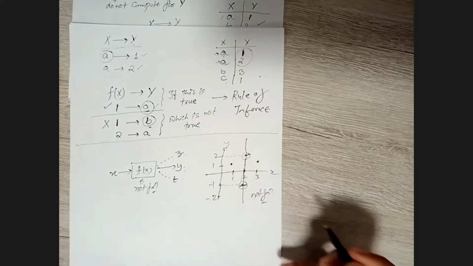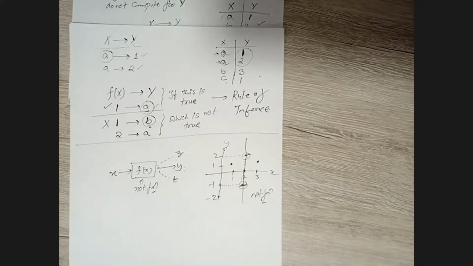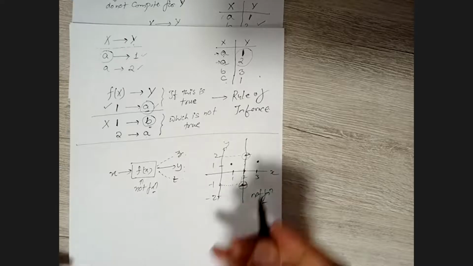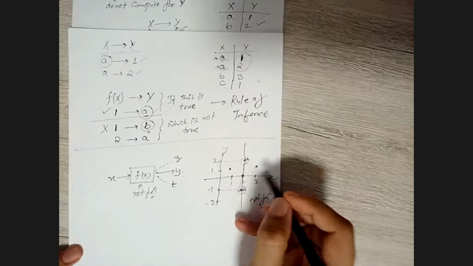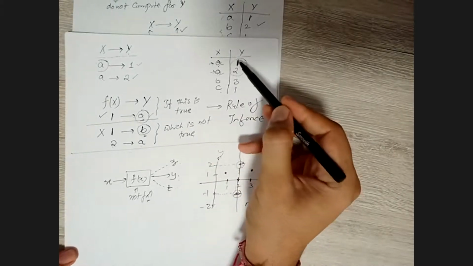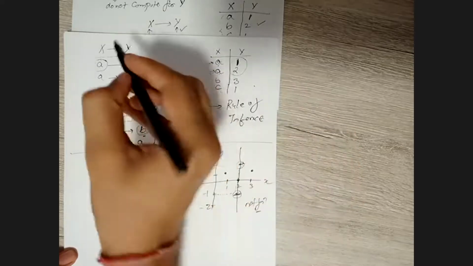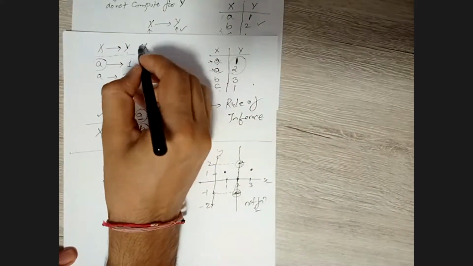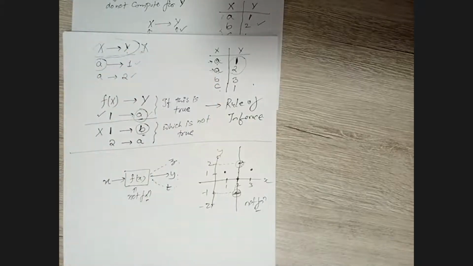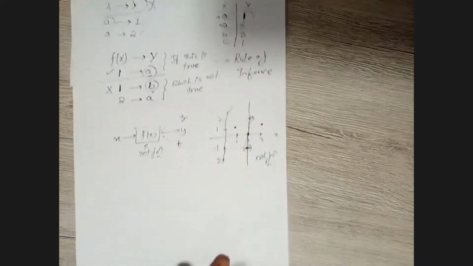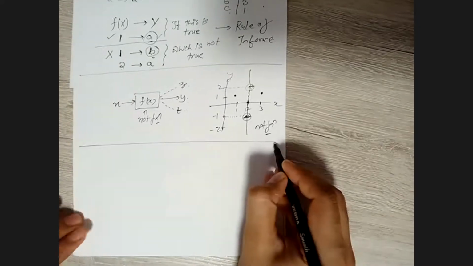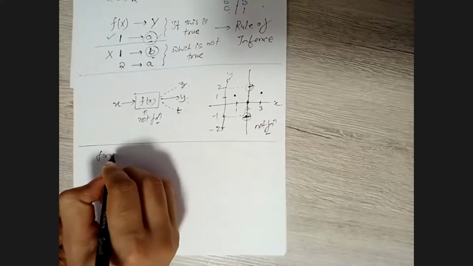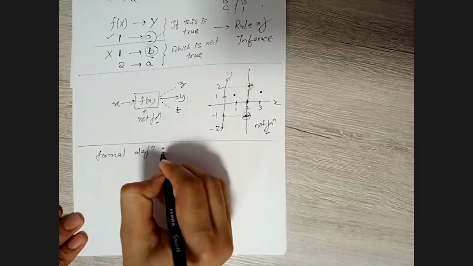I mean, in your secondary school and all, we have understood this very well, right? So it means for the same value of x, if we have multiple y values, then that is not a function. In the same way, for the same value of x we are having multiple y values, so this is not a feasible functional dependency. We cannot say this is a valid functional dependency, right? So I guess you have now understood somewhat. If you have any doubt, you can just ask over here.